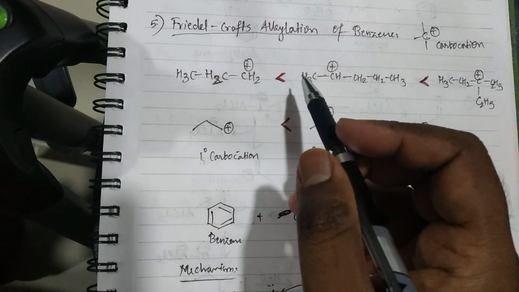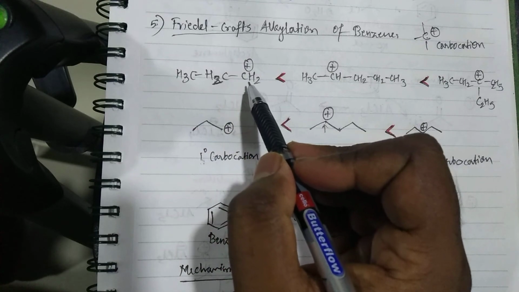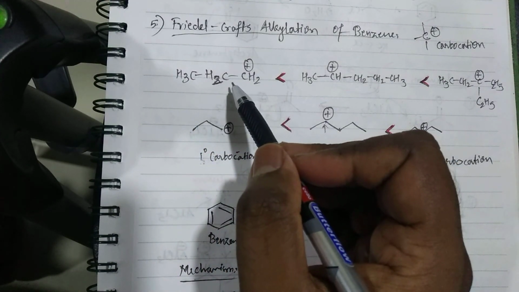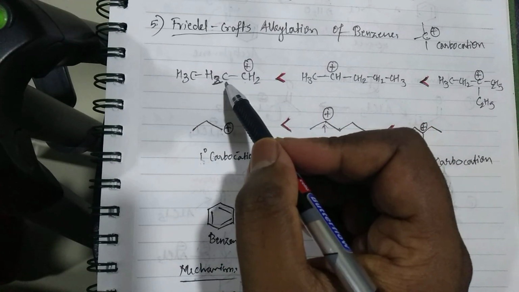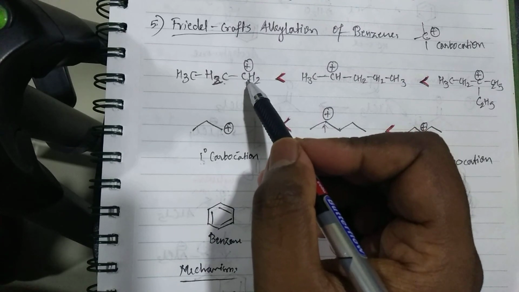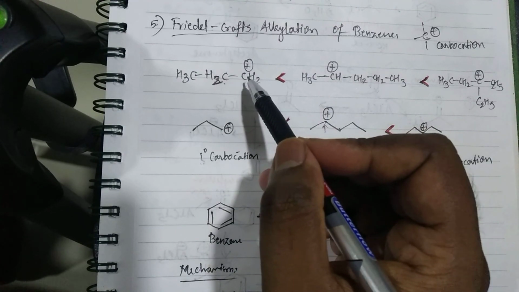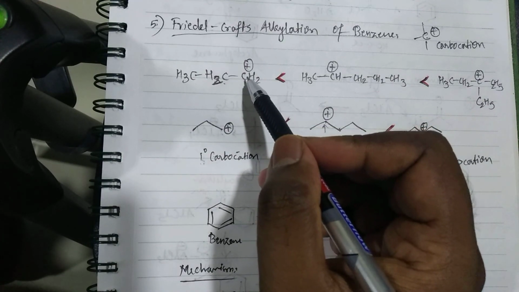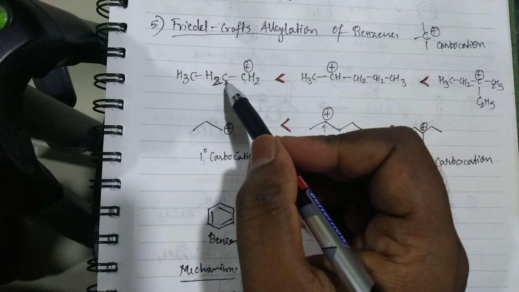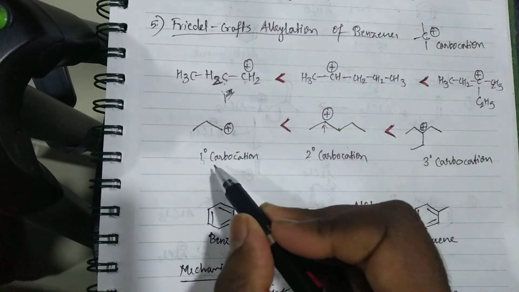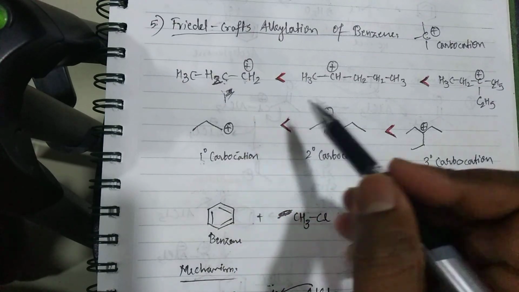2 kinds of carbocations you will have, as I have shown here. This is CH2, so this is an n-propyl carbocation. Here, as you can see, this carbon atom is attached to only 1. Now I am talking about this carbon atom. This is the special carbon with a positive charge. Now this carbocation is attached to 1 carbon, so that is why we call this a primary carbocation. This is the skeletal form.